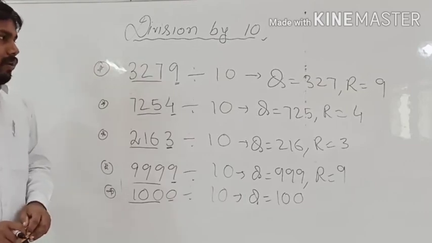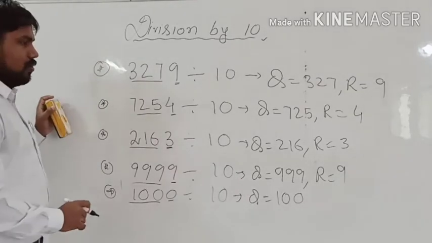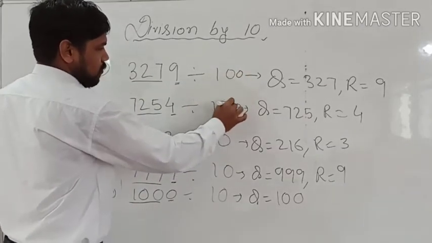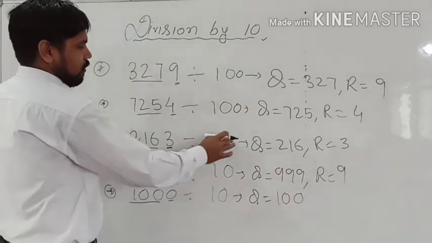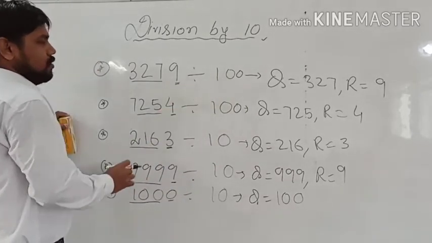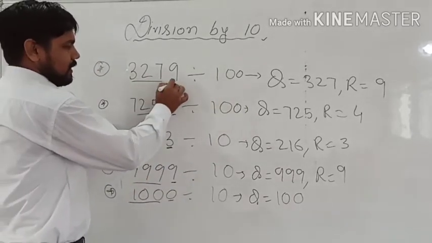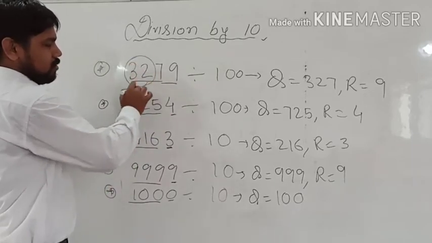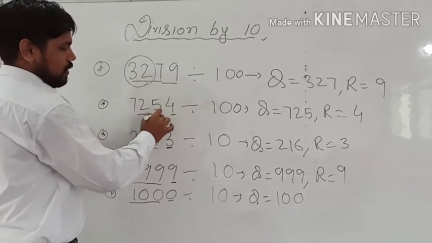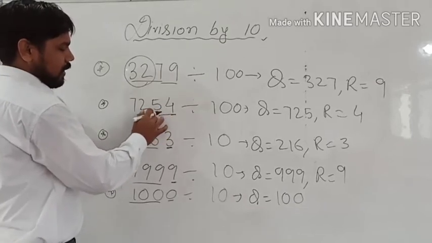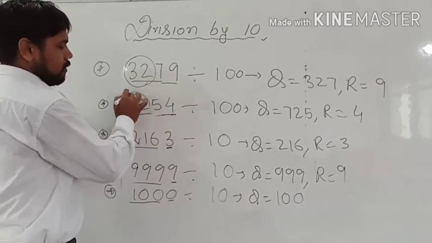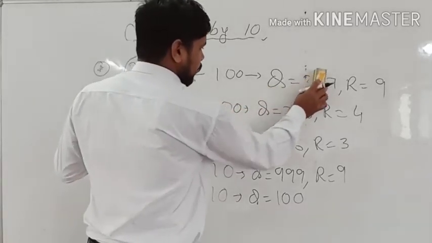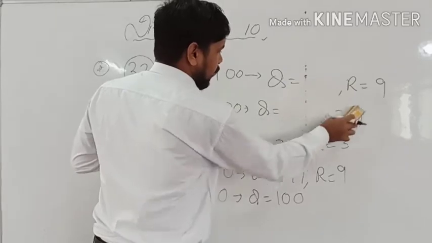और अभी मान लो instead of 10 you want to divide by 100, then what will be the answer? Suppose you want to divide by 100. Then you have to keep the 2-digit remainder and the rest of the digits will be the quotient. So here also, if you want to divide by 100, the 2 digits will be the remainder and the rest will be the quotient. So in that case, what will the quotient and remainder be?